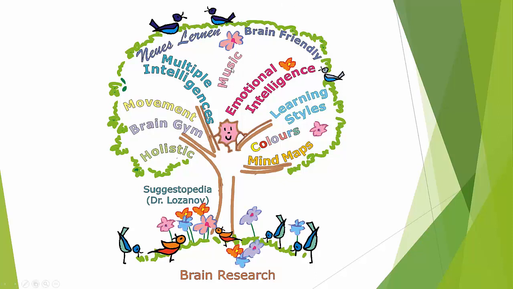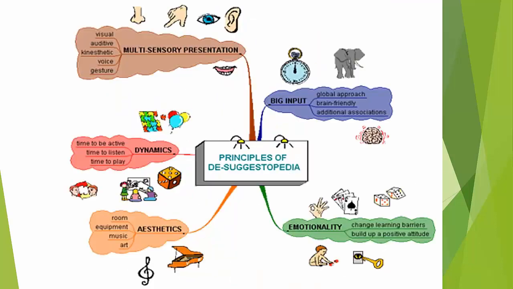And also the music is very important. In all our classes, we have to put some kind of music, because there are different kinds of music that can relax our students. And when our students relax, they can work, they can feel comfortable, and they can do many positive things in our class. Okay, these are the principles of the Suggestopedia method.